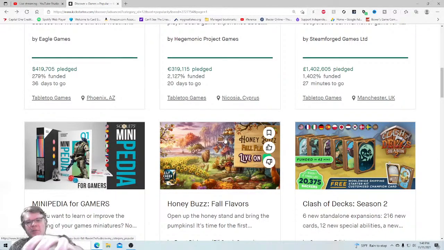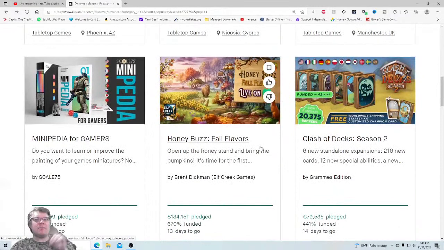But today I'm very excited to be checking out the 5th most popular Kickstarter project on all tabletop games. That is Honey Buzz Fall Flavors from Elf Creek Games. Open up the honey stand and bring the pumpkins. It's time for the first ...